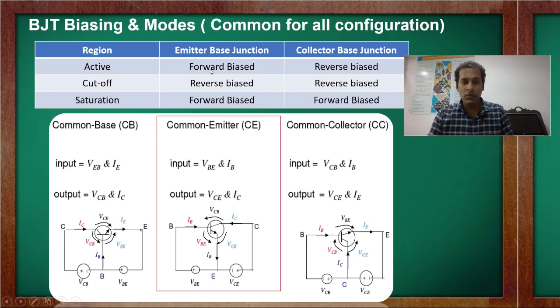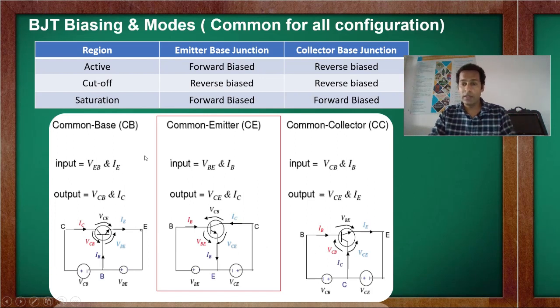So what we have to do is make junction 1 forward bias and junction 2 reverse bias. What is junction 1? That is the emitter base junction. That means the input side. The input side should be forward bias, and the output side, that is the collector base junction or junction 2, should be reverse bias. Just now we have discussed the junctions. We have two junctions, one at the input side, another one at the output side. So these junctions must be in this particular condition: input forward bias, output reverse bias. These are all in the active region.